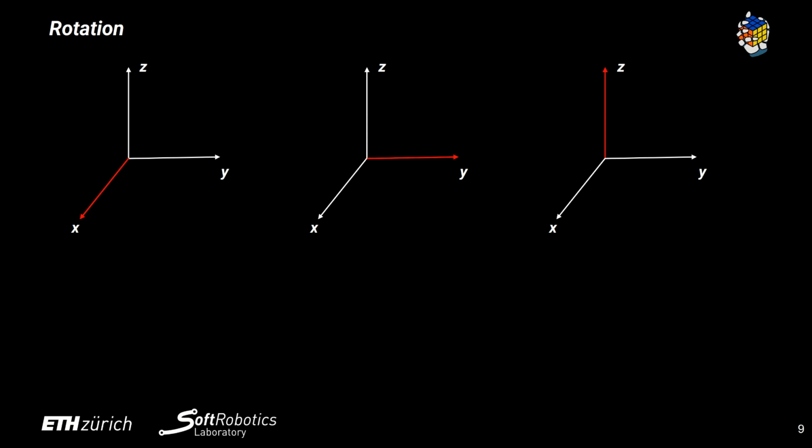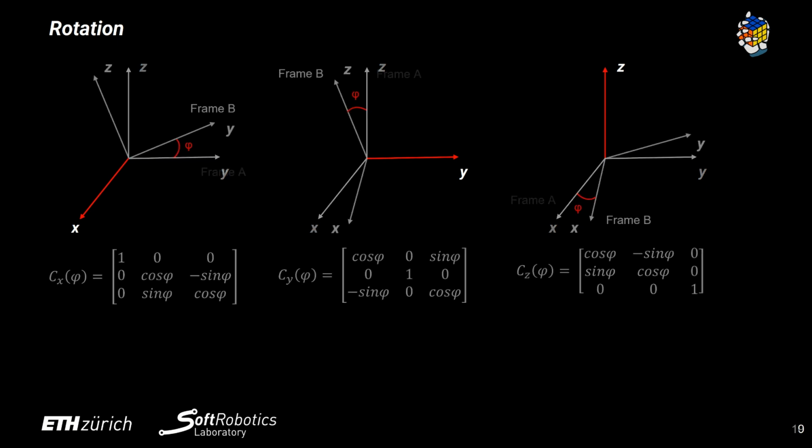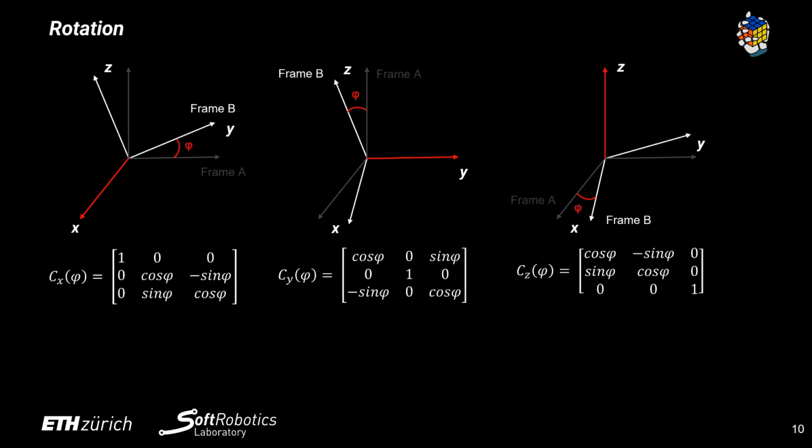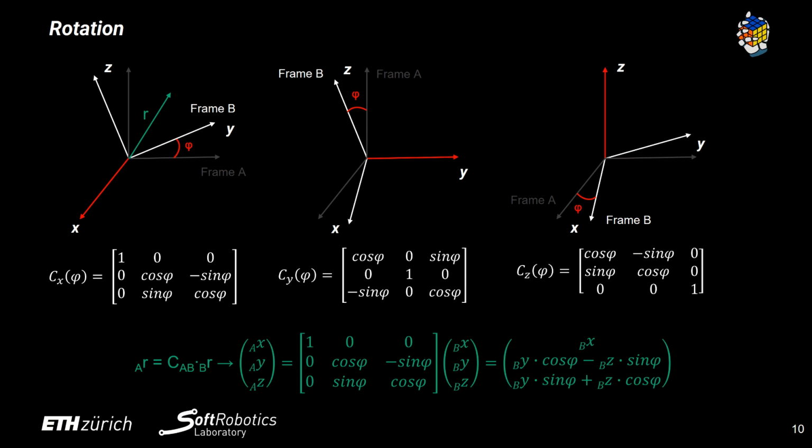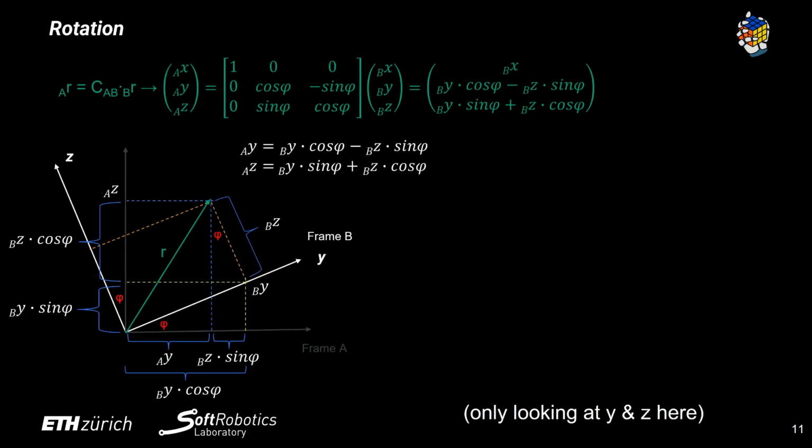The elementary rotation matrices in their diagram are shown here. So to better understand these rotational matrices, let's have a look at an example. If we have a vector r, its representation in the frames after and before the rotation could be mapped with the rotational matrix, just like in the equation shown here. When we only look at the x and z coordinates and zoom in, you would see that geometrically this makes